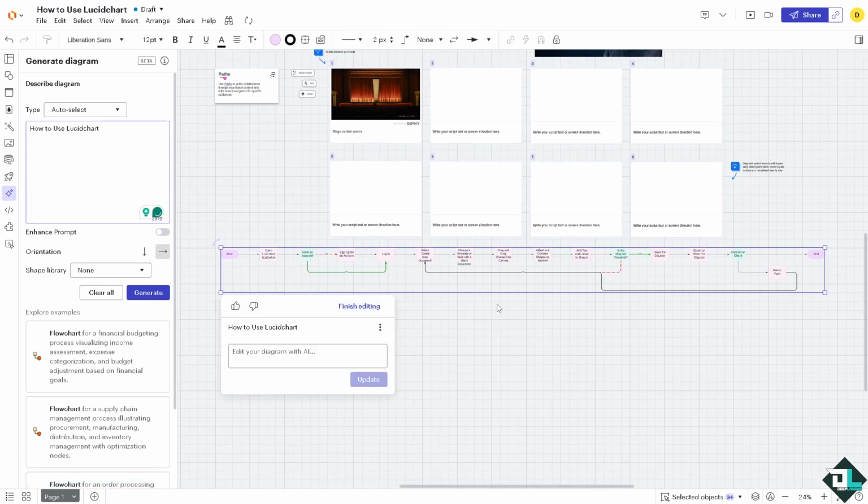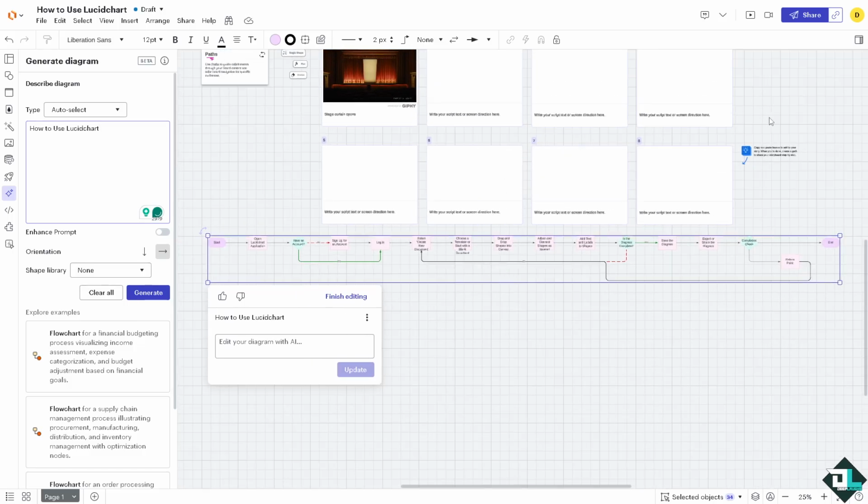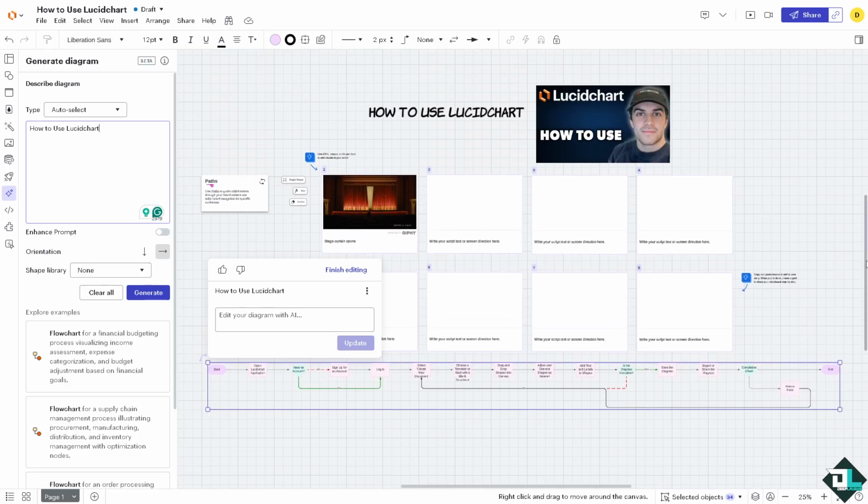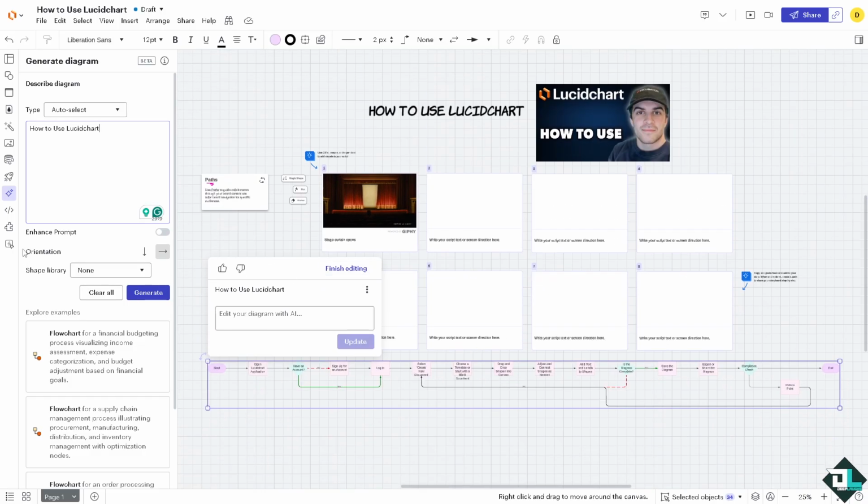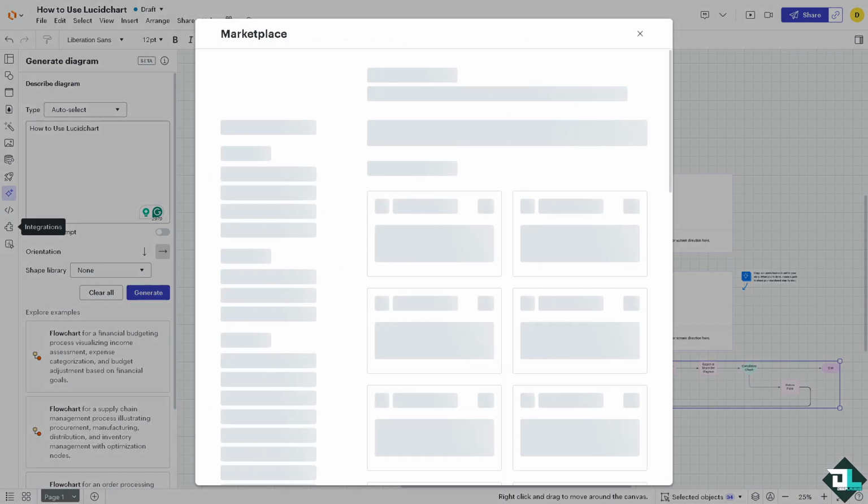So the diagram has been exported at the bottom, as you can see that. If you don't want to create a diagram from scratch, you might want to use the AI assistance. Now, in the integrations, if you wanted to use third-party tools,